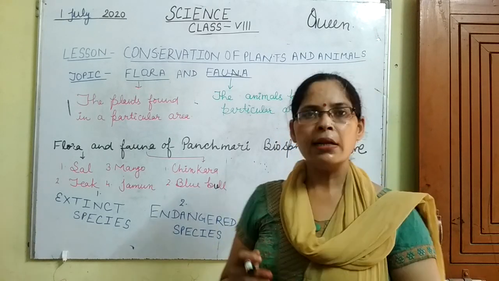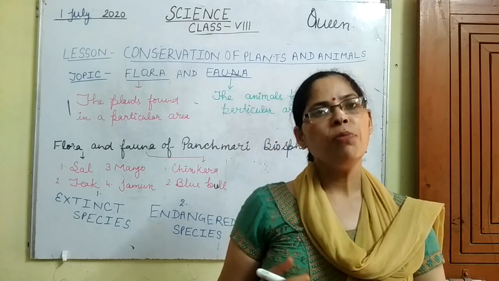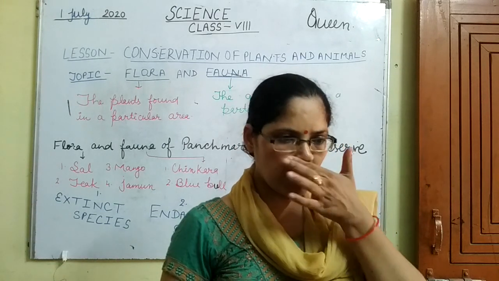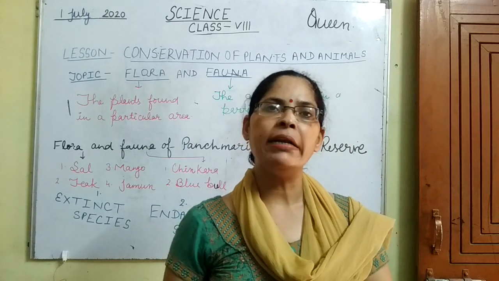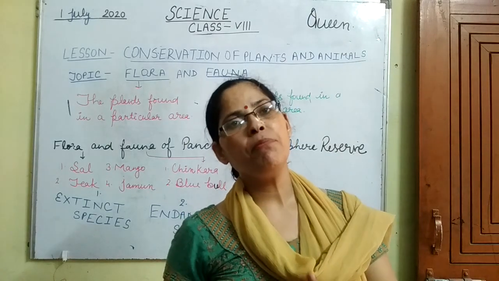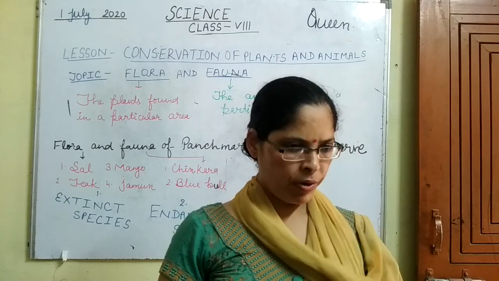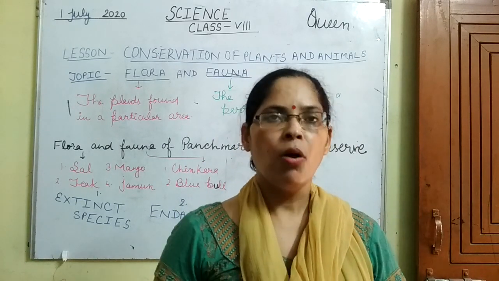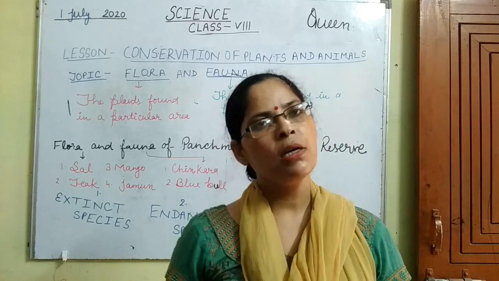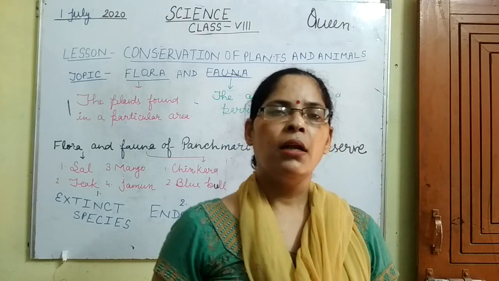Students, the next topic of today's class is species. What do you mean by species? I am going to tell you. A species is a group of population which is capable of breeding or interbreeding. Clear? What is the meaning of these lines? This means that the members of a species can reproduce, or are fertile, with the same kind of species, not another kind of species. This is known as the species of animals and plants.